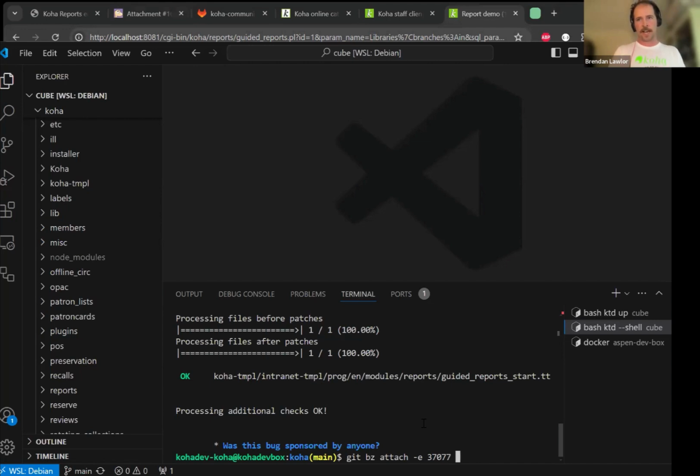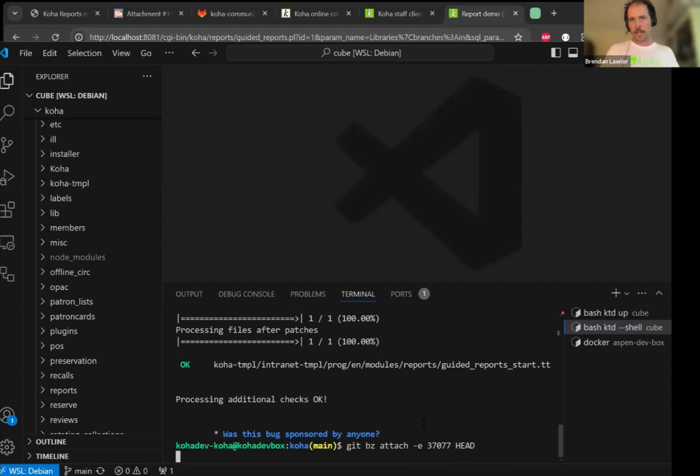37077. And then after the bug number, you'll put head if it's one patch. If the bug has multiple attachments, so when you do git status, it says you're 2 commits or 3 commits ahead, then you would do a tilde and then the number, like 2 or 3, and enter. But this patch just has one commit, so we're going to do this, and it's going to open up